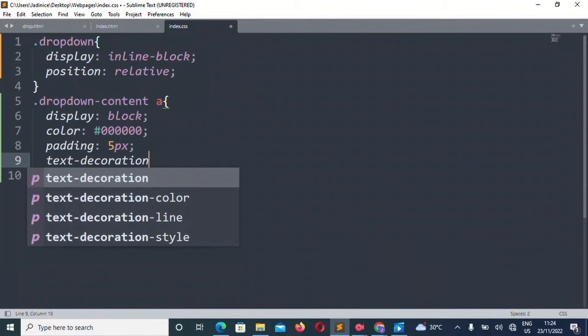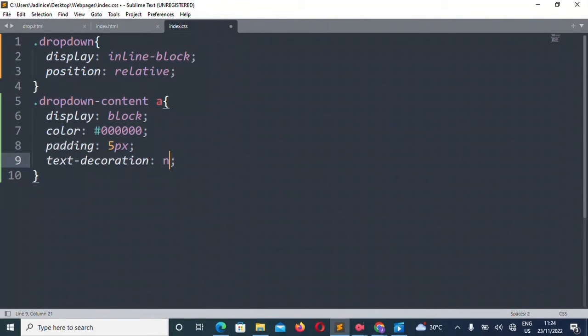Decoration will be none. Now let's see how it looks like. There.